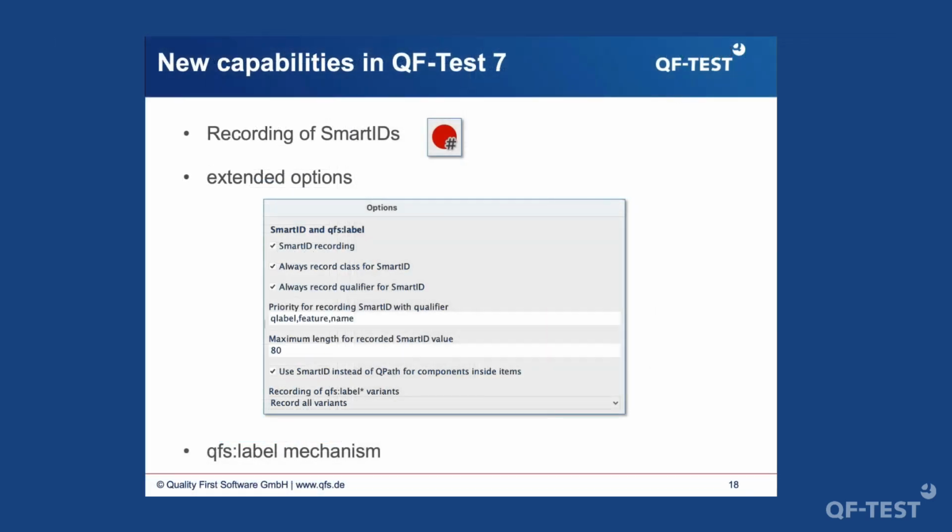Yes. Basically, we have introduced some new capabilities in QFTest 7. The first one I explained already. Basically, recording SmartIDs was already supported with older versions of QFTest. The addition is that we now have some visual display in QFTest itself. We also made some optimization because there were some problems with some components which were not recorded correctly, which are now working as expected. So we did a lot of improvements in the background,